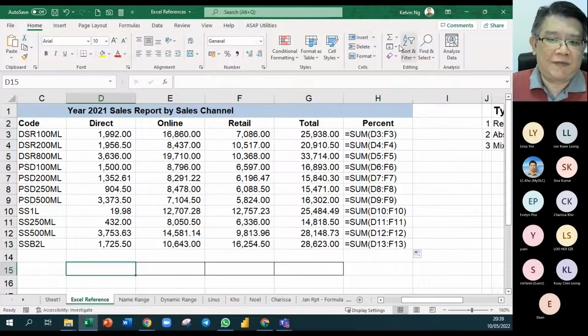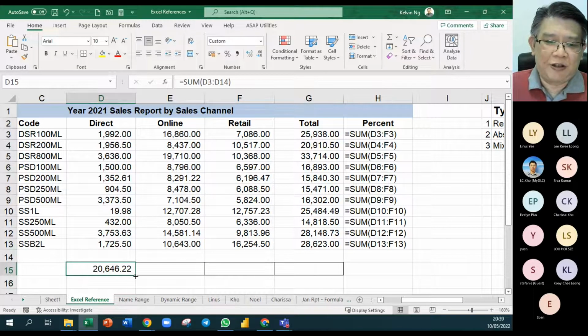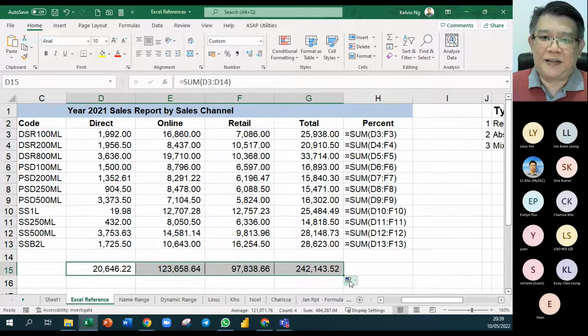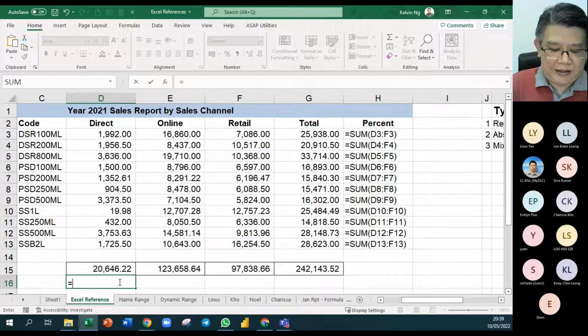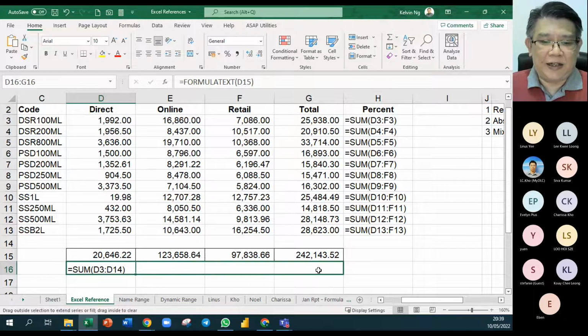Now, let me show you here. If I click this auto sum, now I'm not going to drag down the formula. I'm going to drag it to the right. And this is the answer. So let's take a look at the answer equals to formula text of the cell above. Now you notice that these are the formulas. When I drag it across,